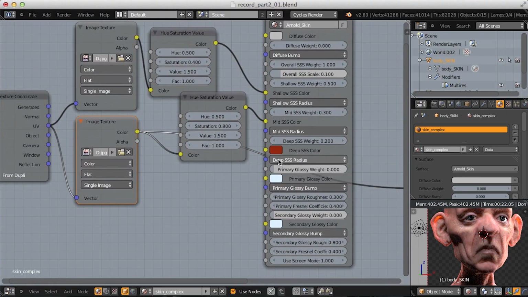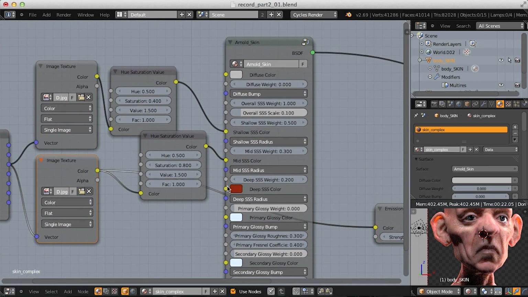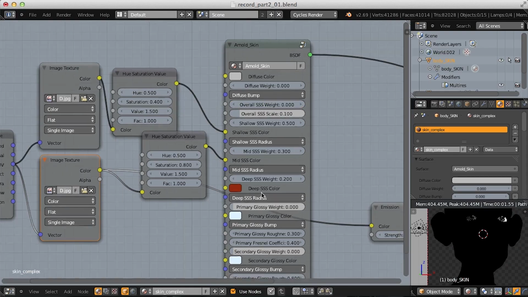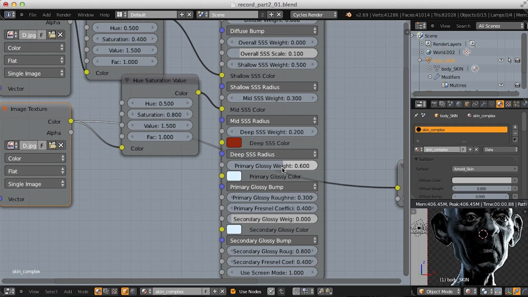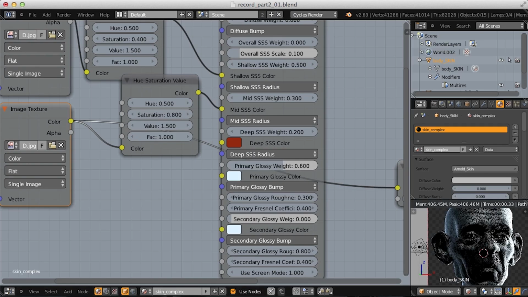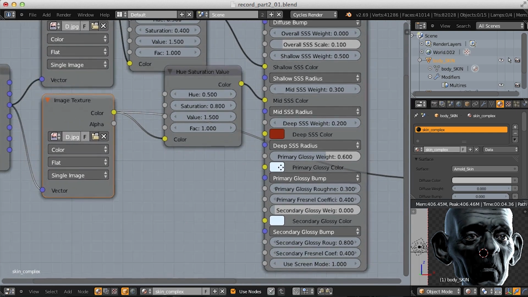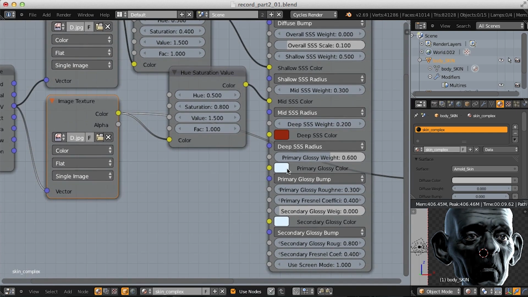Let's move on to the specular settings down here. In order to start tweaking those, I'm going to simply turn off my subsurface weight. I'll go down to 0 and re-enable my primary glossy weight first. Let's make that 0.6, which I think is the default. And here we have reflections, but as far as the reflection color, supporting what I said in the first lesson,